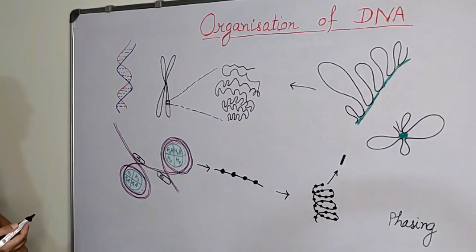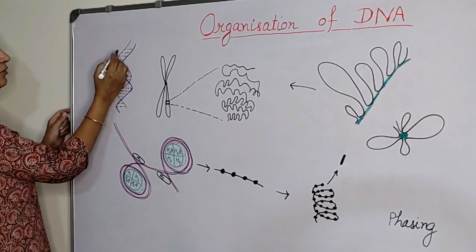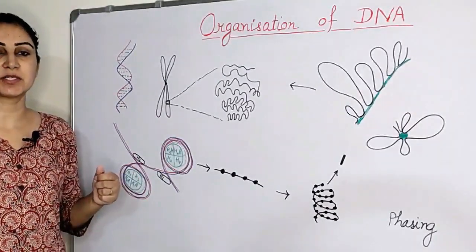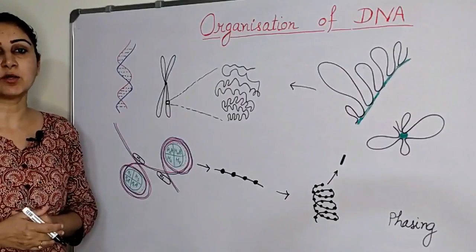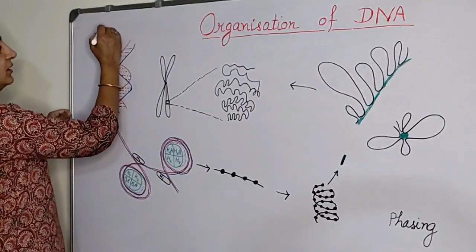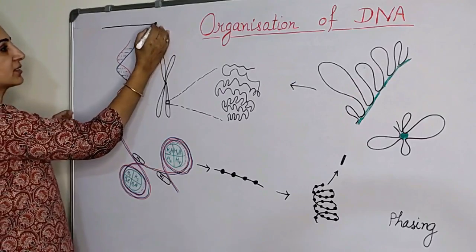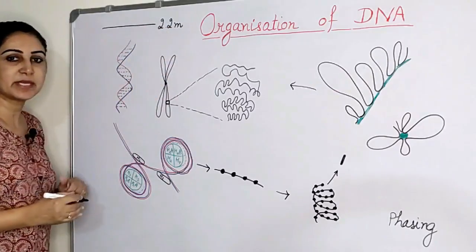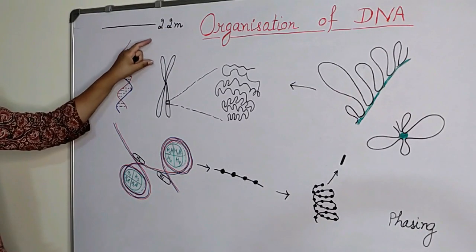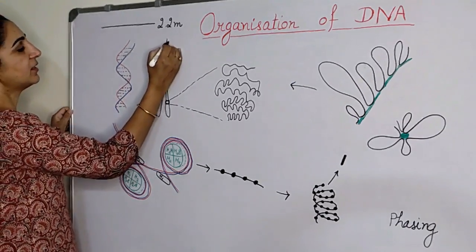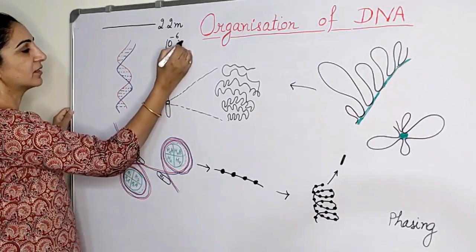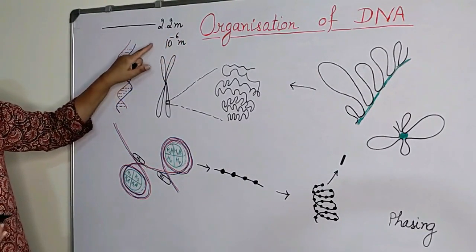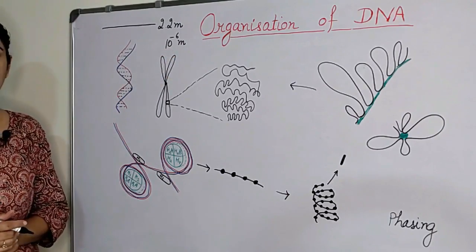In our cells, if we collect the DNA from all the chromosomes and make a linear structure, then that whole structure will be around 2 meters in length. The whole DNA in a duplex human cell is around 2 meters, or 2.2 meters to be exact, in length, and the size of the nucleus is 10 raised to power minus 6 meter. This is the size of the nucleus. So how can such a long molecule be put inside such a small nucleus?